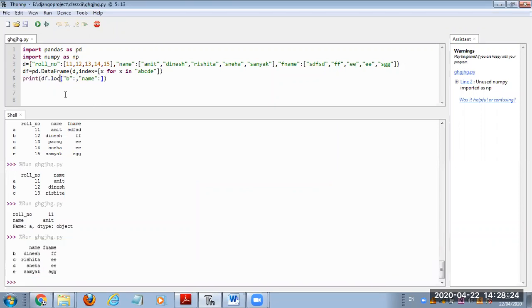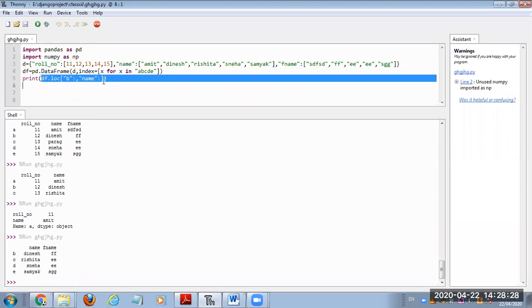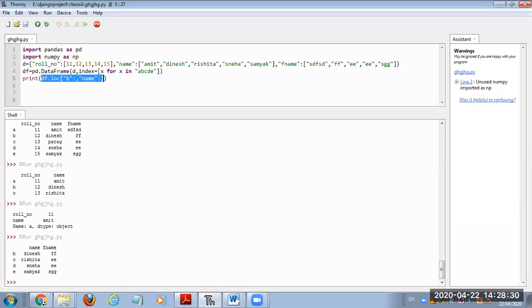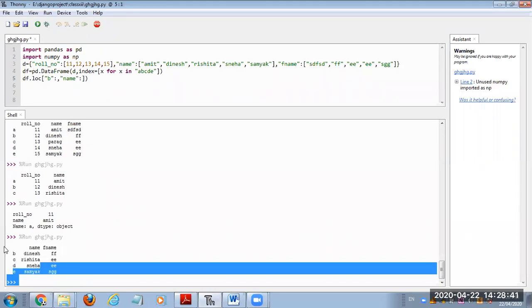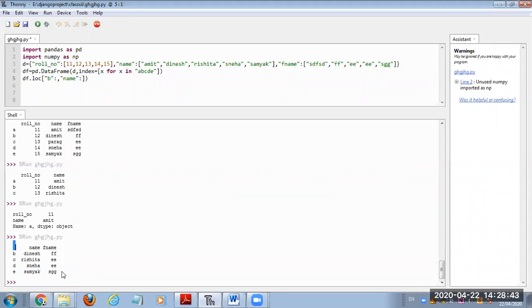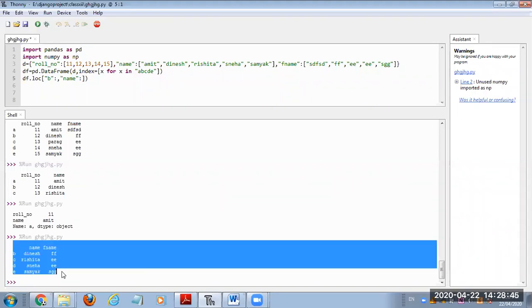Okay, there is some interesting thing also. Now I'm extracting something and displaying it. Now suppose I want to modify the portion that I extracted, inside that data frame itself.